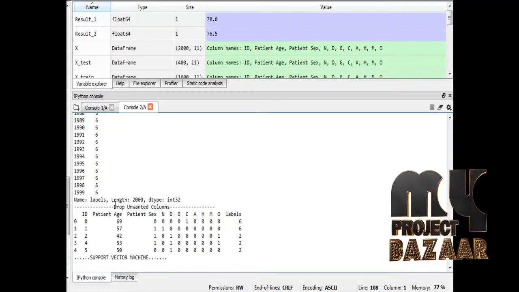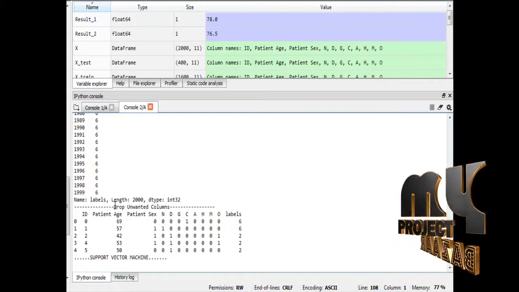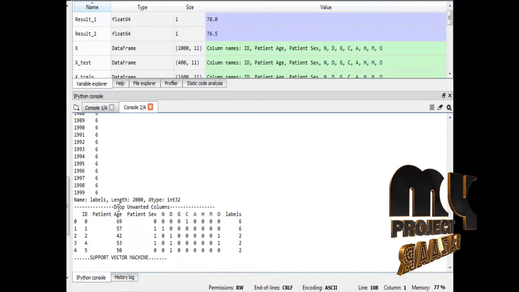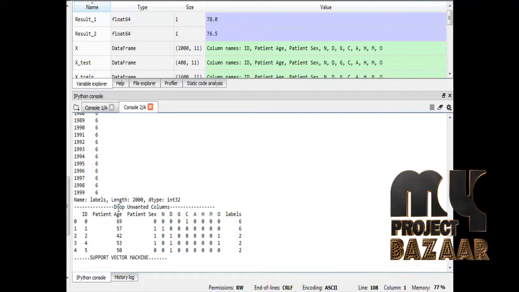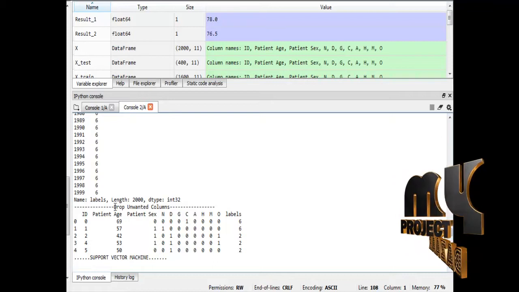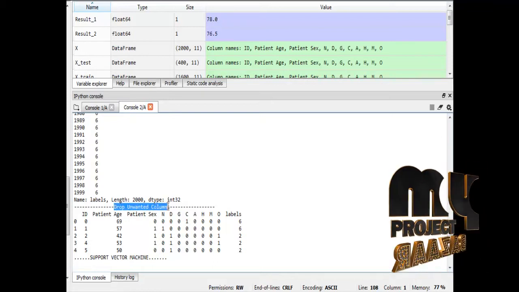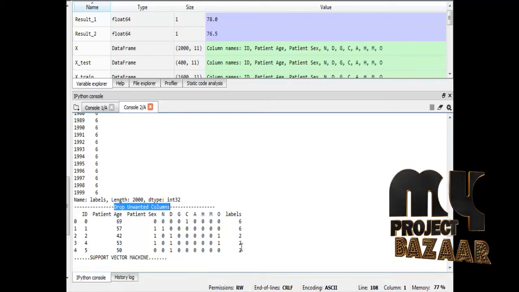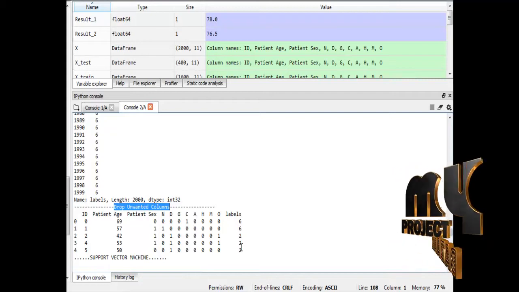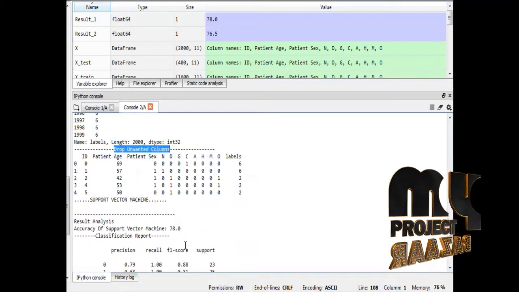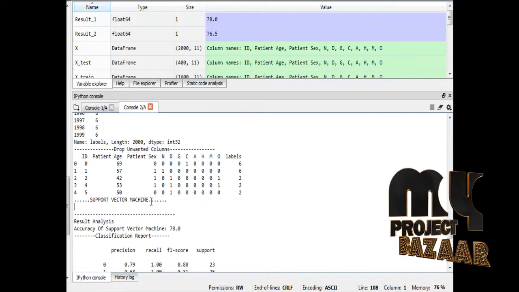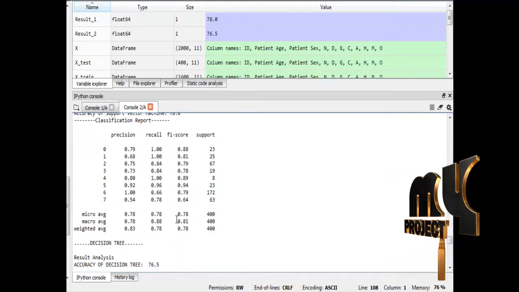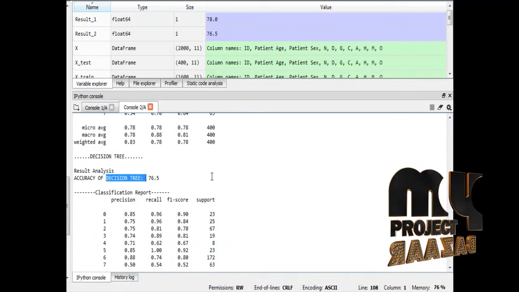The third thing is that you have to drop the unwanted columns which we are not using in our process. This output is after dropping unwanted columns. Then the classification algorithms, SVM and decision tree.